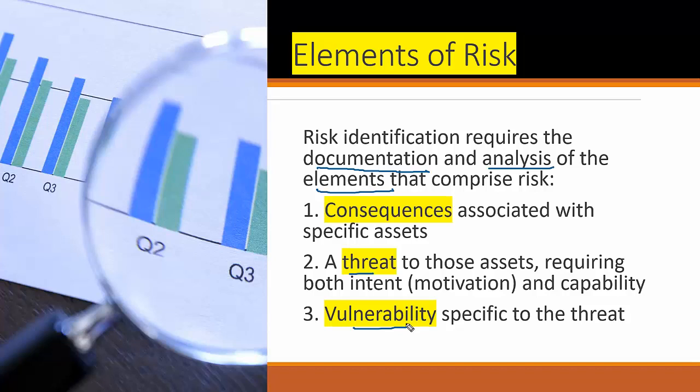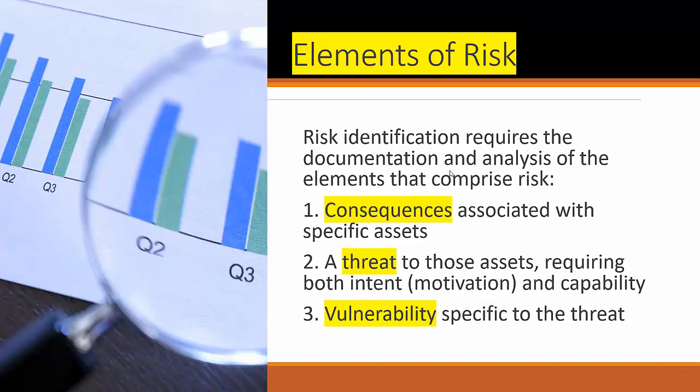So I contact the asset owner and I get to know that this asset is worth $30,000, and if a hacker is going to exploit this particular server, then there is a loss of $10,000. That is the consequence we have with the asset, so we need that visibility. Then we need to know the possible threats: hackers, internal employees, natural threats like floods. That is the category of the threats, and then we pen down the vulnerability. So when we wish to identify any risk, I should know the consequences, the threats, the vulnerability, and the asset value. It's very important for us to know that.